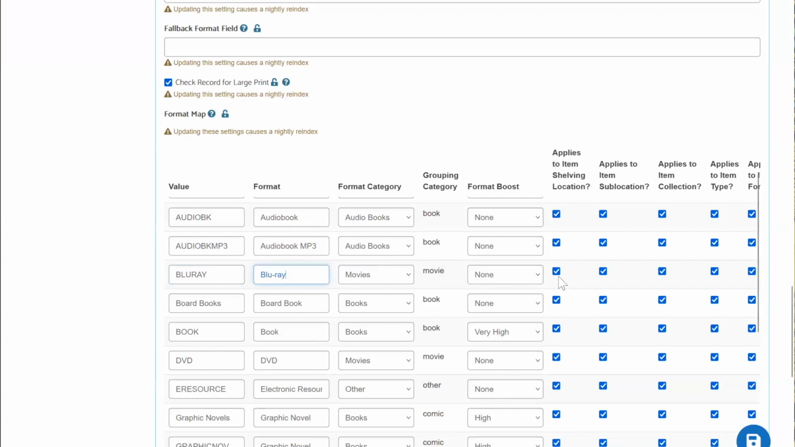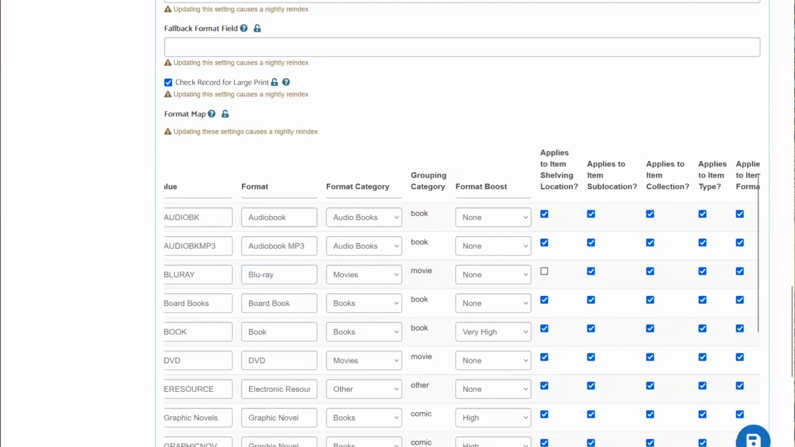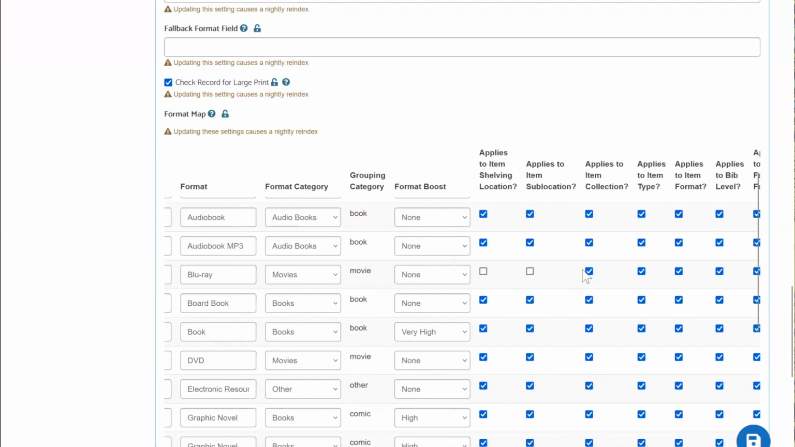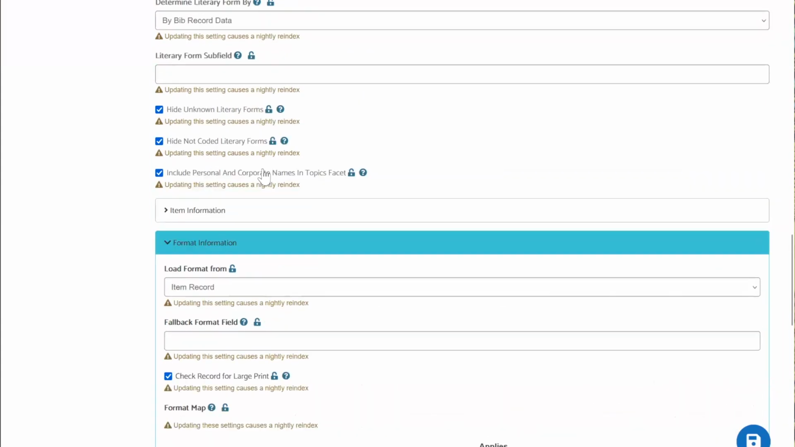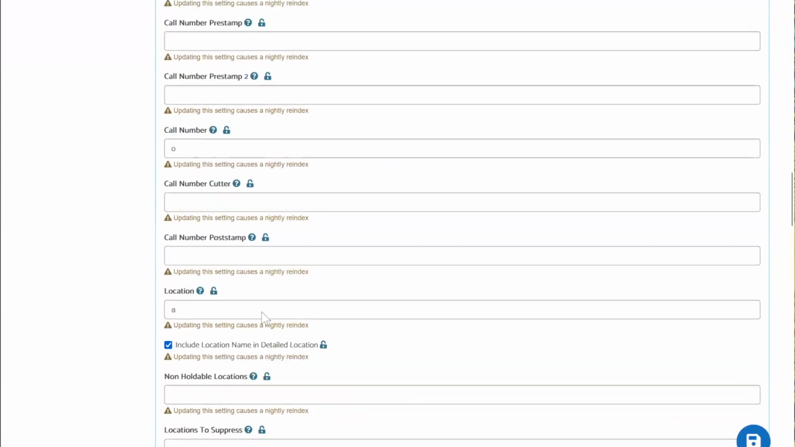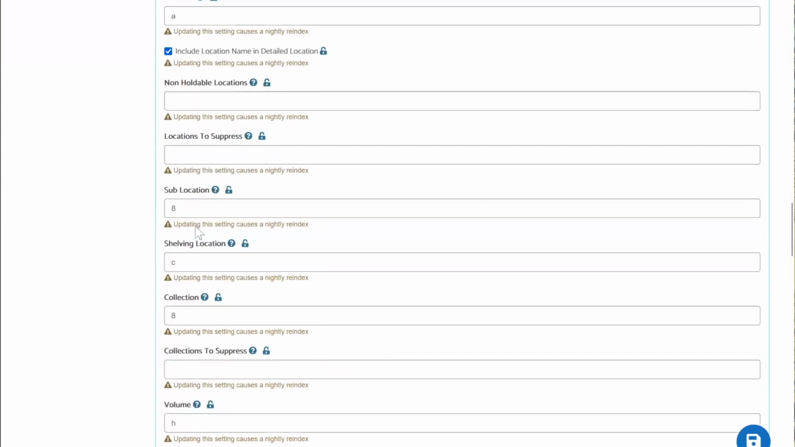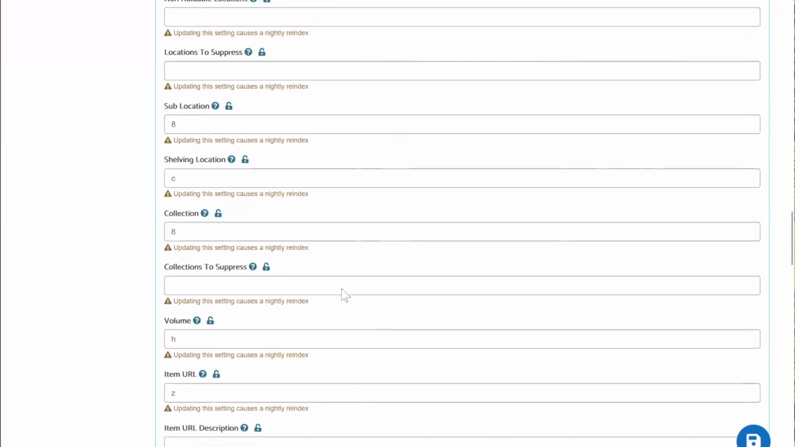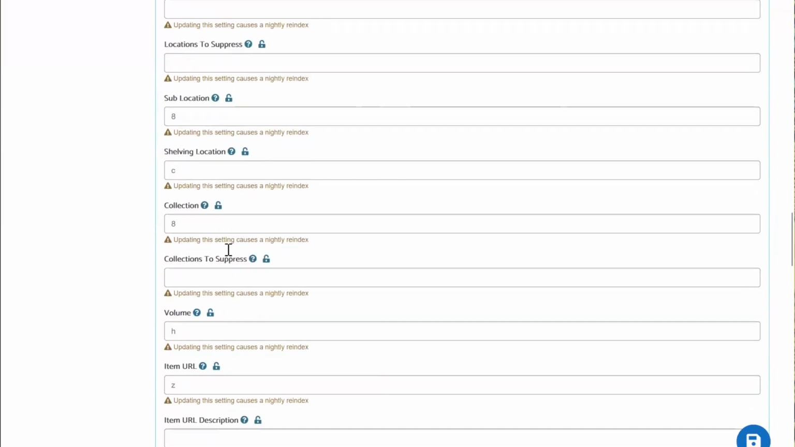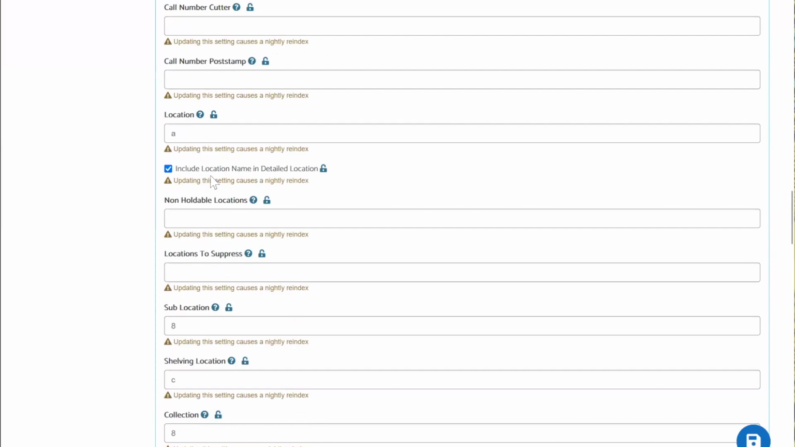So what we can do is say, hey, this is not a shelving location or a sublocation or a collection. Only look at it for the item type, or maybe the item format. So each of these are using the fields defined in the item information. So we can say sublocation is subfield 8, collection is subfield 8,